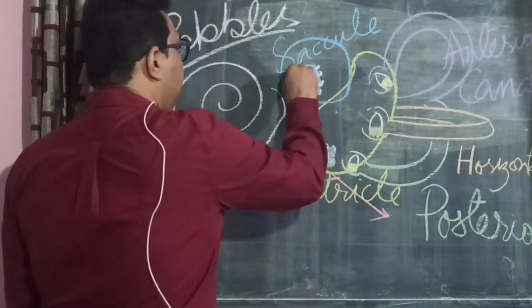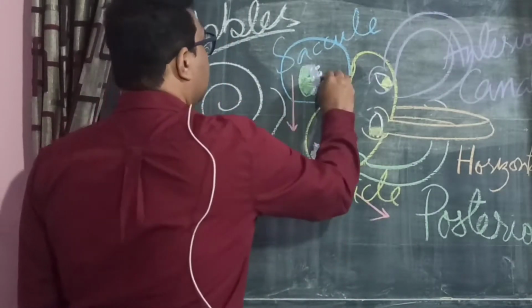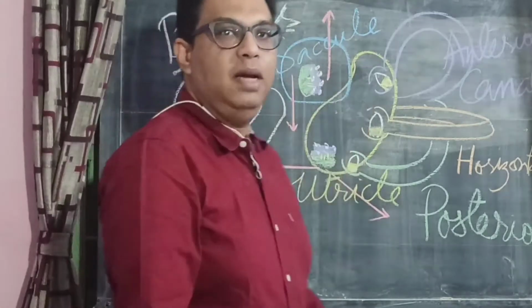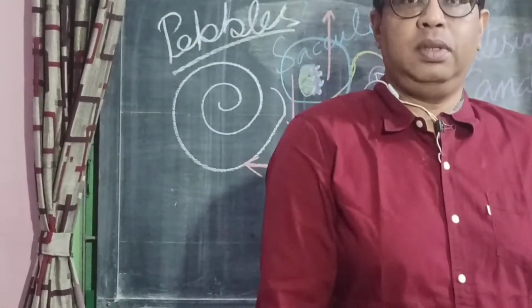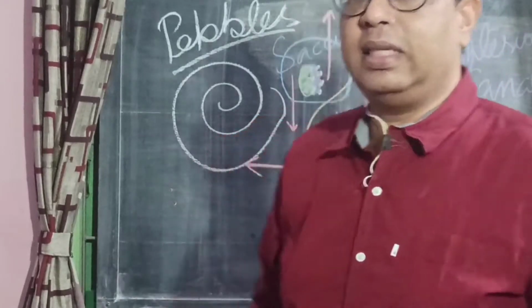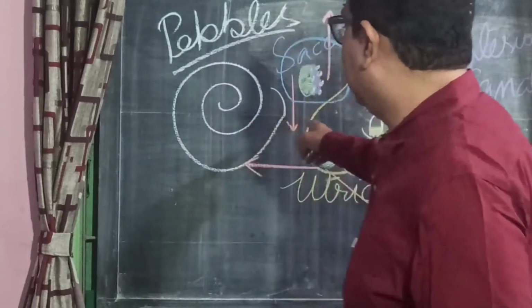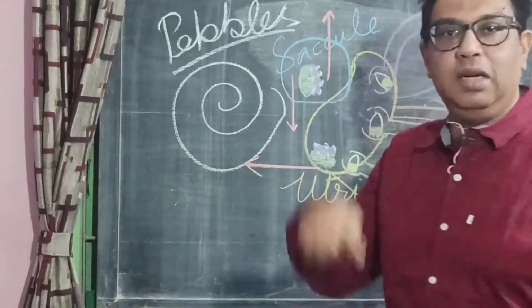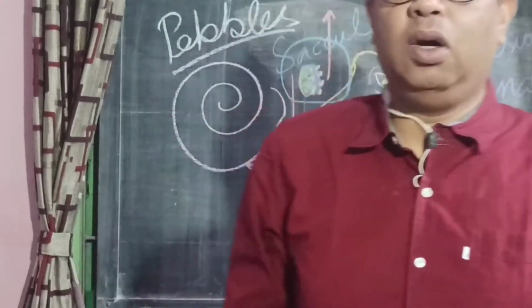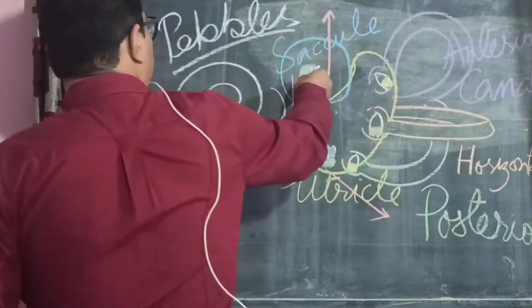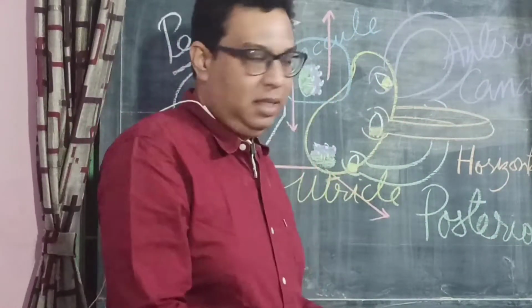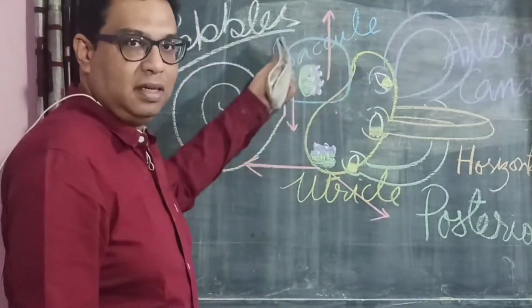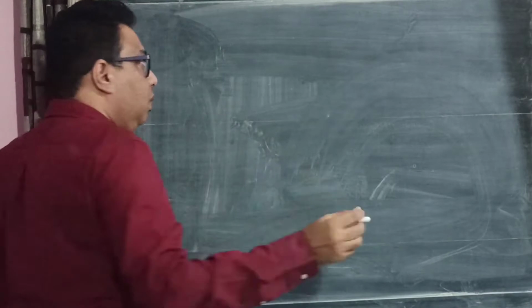What does the saccule pick up? The saccule usually picks up vertical movement. Down, up, down, up. These movements are picked up by the saccule and utricle. The saccule, obviously, because it is sensitive to movement or pull of the small pebbles downward, is sensitive to the pull of gravity. So this is a gravity sensor inside the skull. This is what we are going to look at initially.